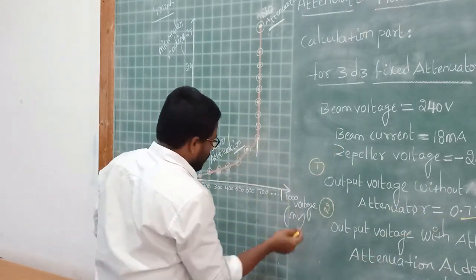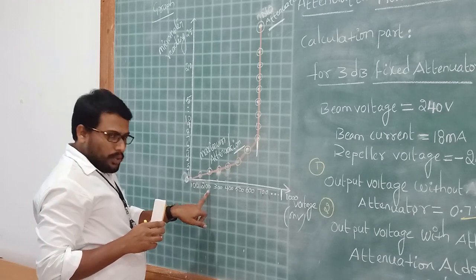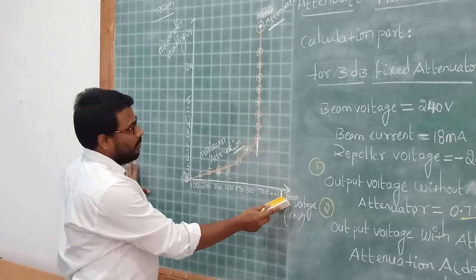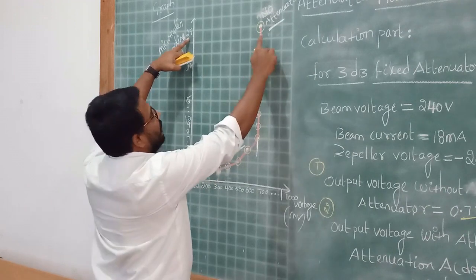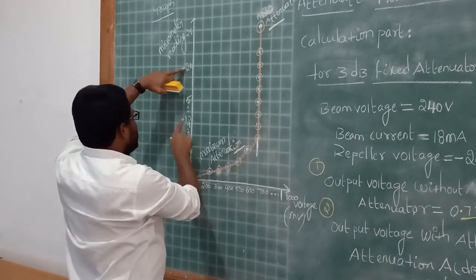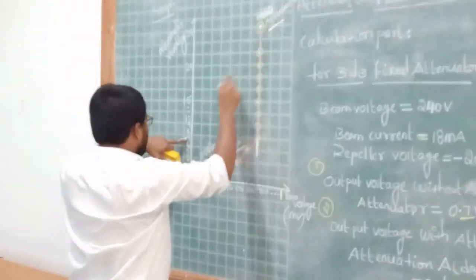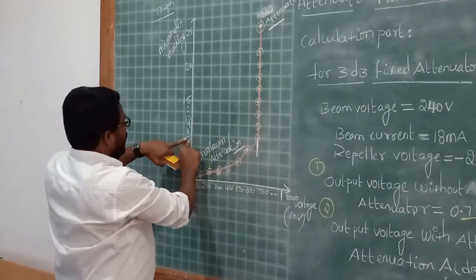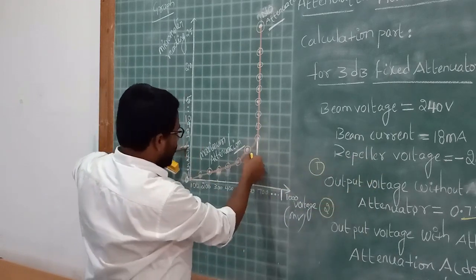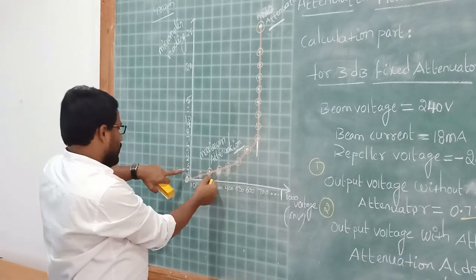So for convenience I have converted those values to millivolts. So 100 millivolts, 200, 300 millivolts, 400, 500, 600, 700 and 1000. So at the reading of 25 we got the value 0.7, I mean 700 millivolts. And next, up to 7 it's the same, right? So at the reading of 20, 0.7, at the reading of 15 also 0.7, and at the reading of 7, 0.7. But at 6, that value is 0.6 volts, I mean 600 millivolts, 5, 500 millivolts, 4, 400, 3, 300, 2,